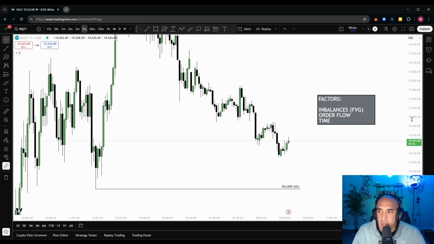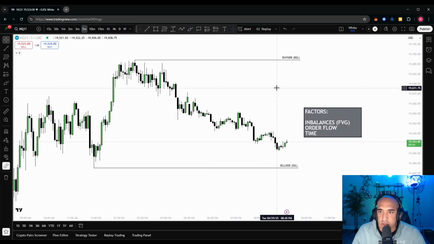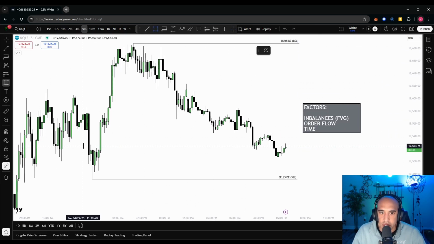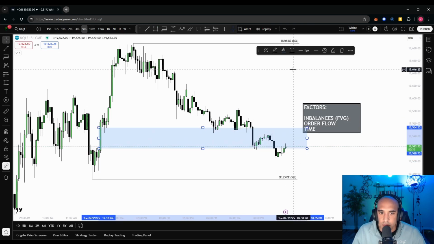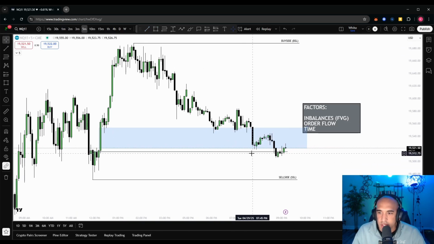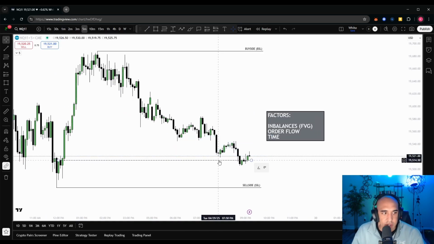So there's a couple factors you need to keep in mind besides just, hey, let me mark highs and lows and just see where price goes, right? You need to think about the other things that are on the way, such as fair value gaps, right? All those other things, order blocks, right? Things I haven't taught you yet, which I will be teaching you in the next couple days. So that's liquidity in a nutshell.